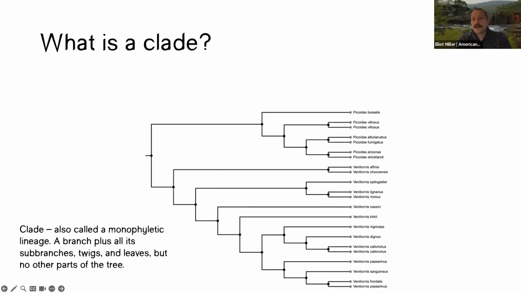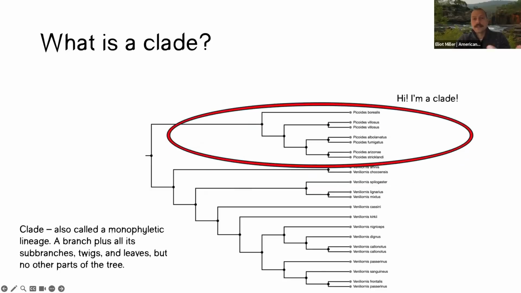Fortunately, scientists figured out how to use genetic information to reconstruct phylogenies. And in the process, taxonomists have become increasingly concerned with ensuring that families, genera, et cetera, can all trace their roots back to a common ancestor, to the exclusion of other species. I'm going to show you what I mean here. So I'm going to introduce you now to the last term of the day, the idea of a clade.